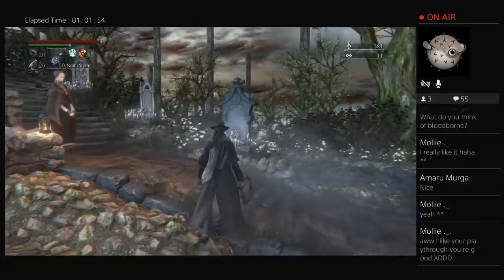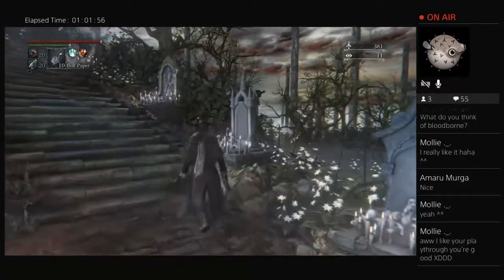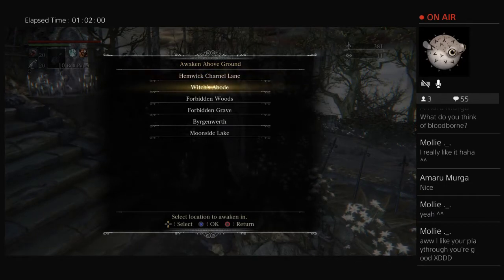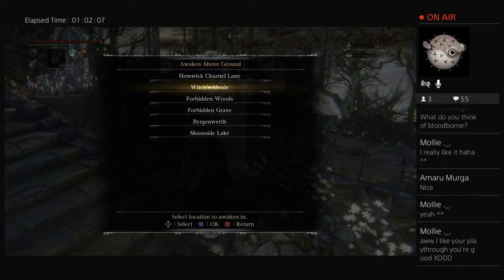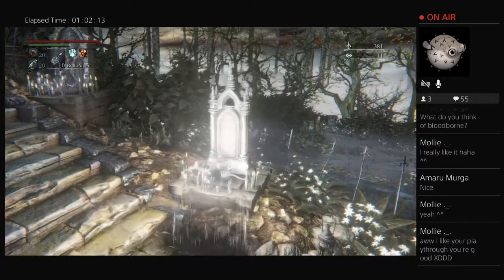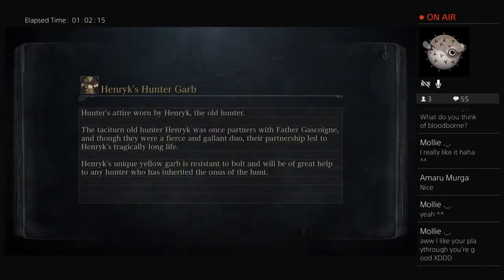So to get to Canehurst, you need to go back to the... Could go to Witch's Abode or Hemwick Channel Lane. What would be faster? I think both would be just about the same distance. So we'll go to Witch's Abode. I'd say they're probably both about the same distance from the area, could be wrong, though. And you're going to get to see Molly, a cool little